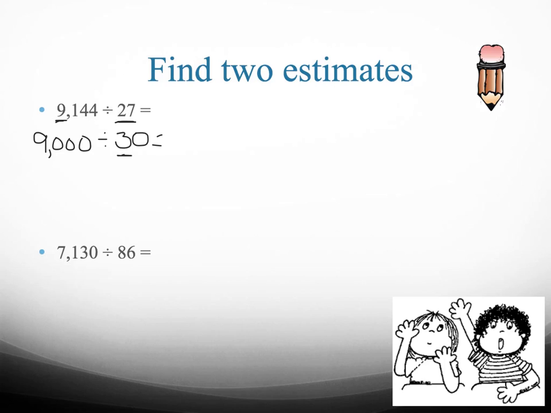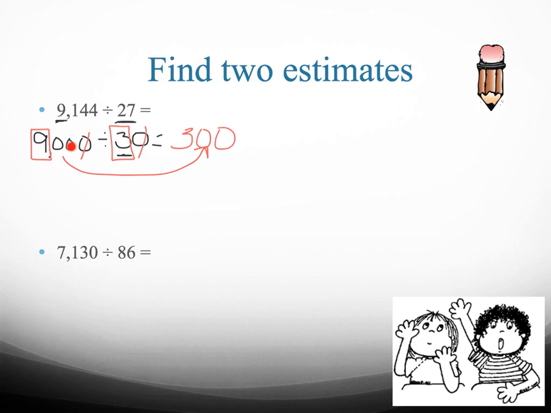Go to your basic fact. 9 divided by 3 is 3. There's a 0 on this side that cancels with a 0 on that side. Those are the only zeros that cancel, so the other two go into my quotient. My first estimate is 300. Because I rounded